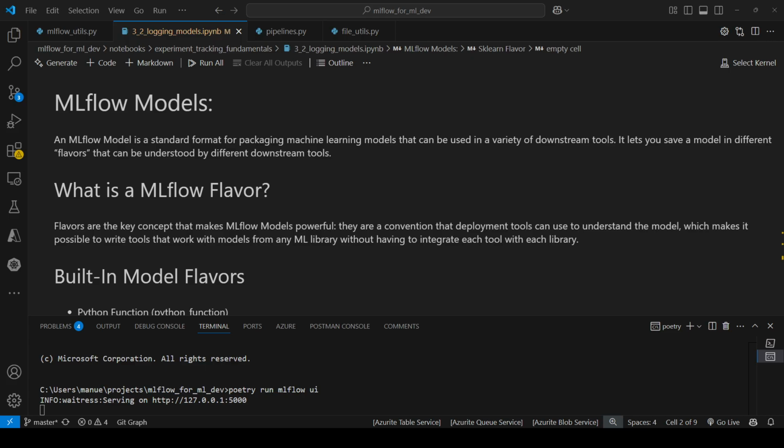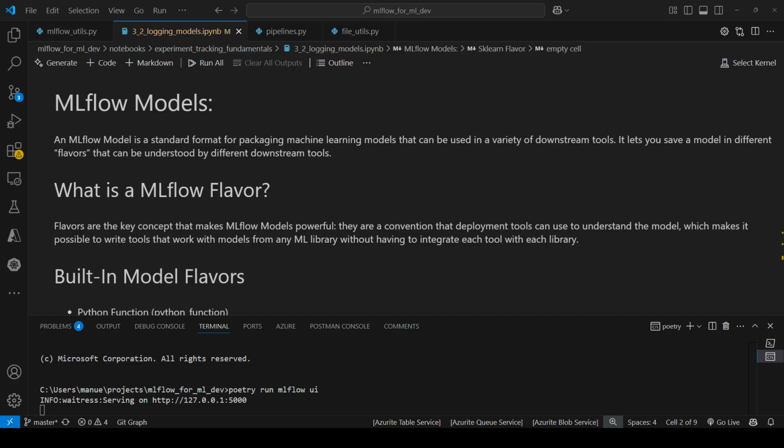So, in short, we're talking about a structured package so that other tools or downstream tasks can understand and use this model. Now, what is a flavor? Well, it turns out that today there is availability of many frameworks and libraries that you can use to build machine learning models. For example, today you might be working with scikit-learn, right? But maybe next month you need to work with images, and in that case you will be using